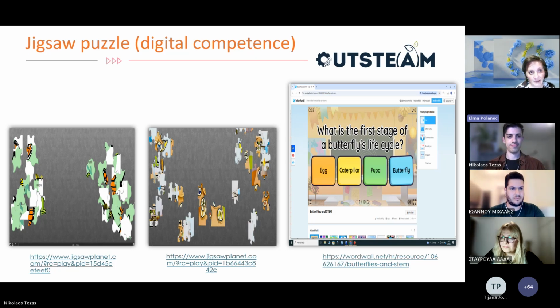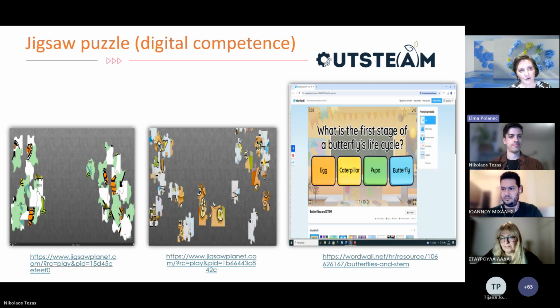The first, as you may see, is a jigsaw puzzle, and there is a link for this. And the second picture also. You just open the internet, find a jigsaw puzzle, and you can create one from any photo or picture. In this case, it's about a butterfly life cycle. I have created very simple ones because it's for preschool children.